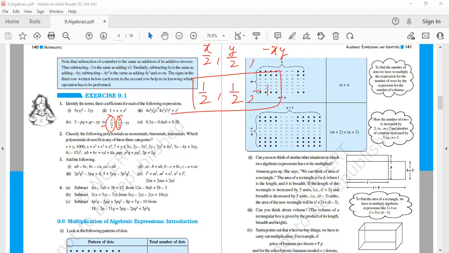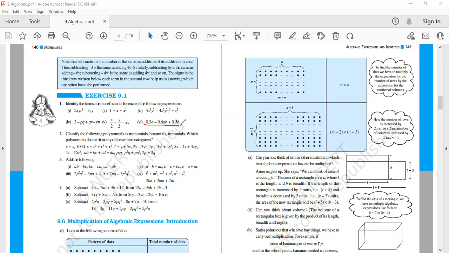Why are we calling these polynomials? Because polynomials are algebraic expressions where the exponent is positive in all the expressions written from 1 to 6. They have positive exponents, so all are polynomials as well as algebraic expressions. These are the expressions as written, so you will take them as expressions. And the third one is very easy.